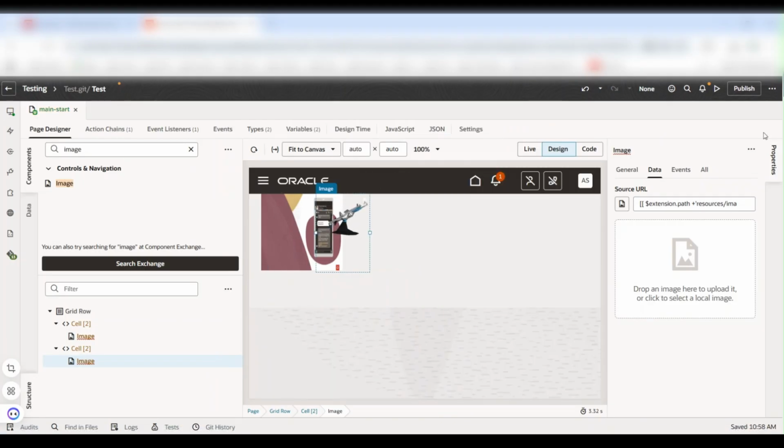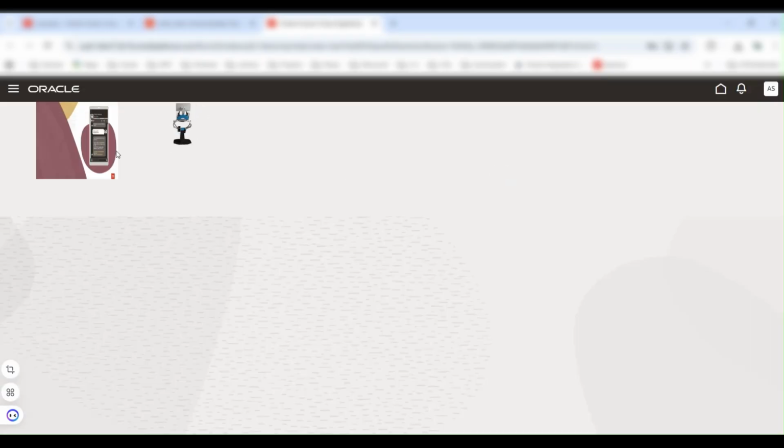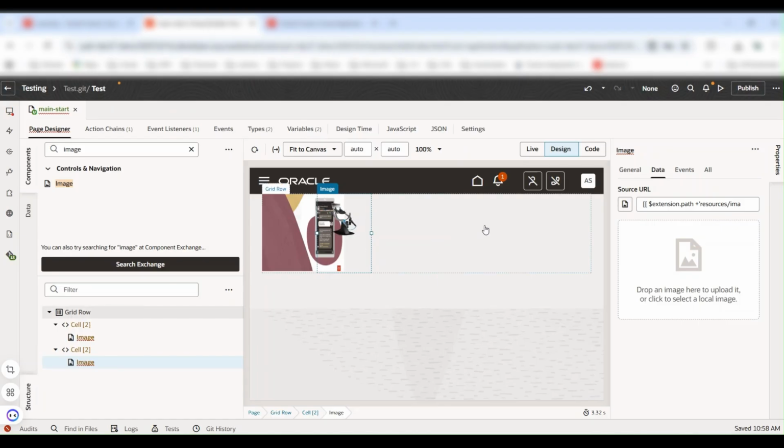Let me click on the preview button. We will see in real time how it is appearing. The preview is preparing. One minute. We got our preview here, it's loading. Once the preview got loaded, we are able to see the image and the animated GIF. See how the GIF is rotating. So this is how we can upload the images or GIFs into the application pages.